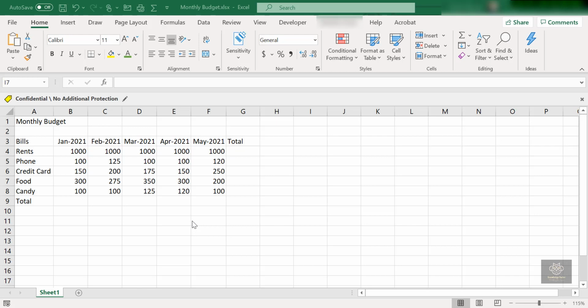All right, so I want to start out with a calculation that gives me the sum. We are going to do some addition here, the sum of January. Give me the total of this month, January. Now give me the total of February. Give me the total of March, April, May, and so on. Now here the prior lecture comes into play. Take a look. I'm going to jump into cell B9. This is my total for January.